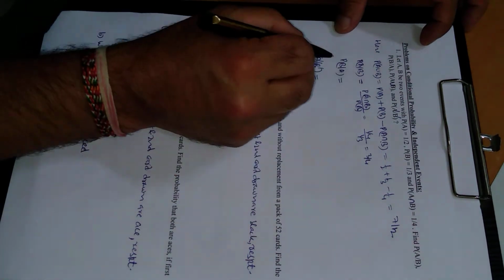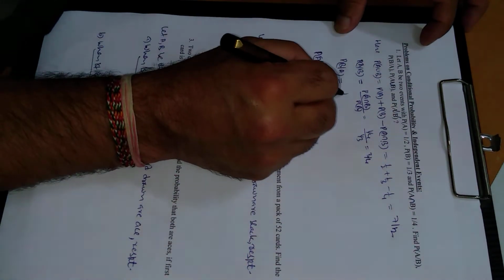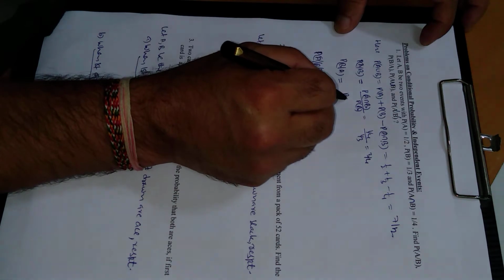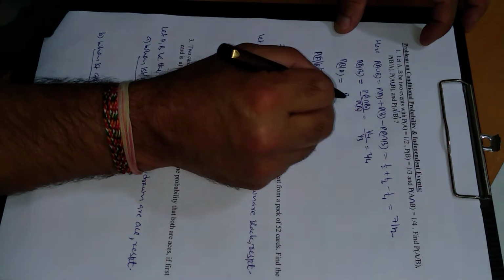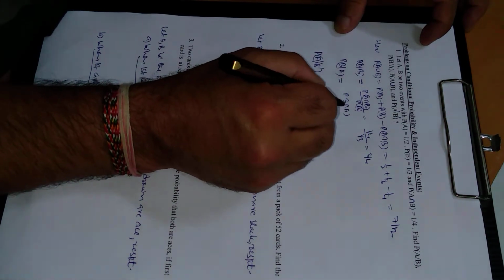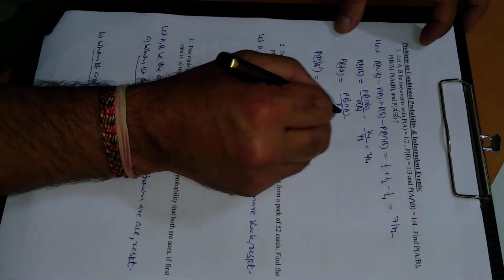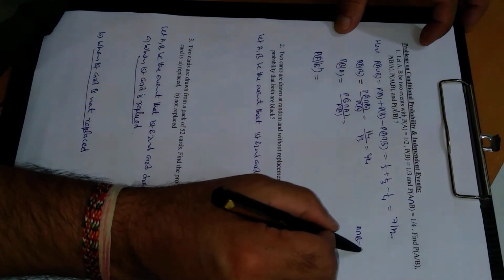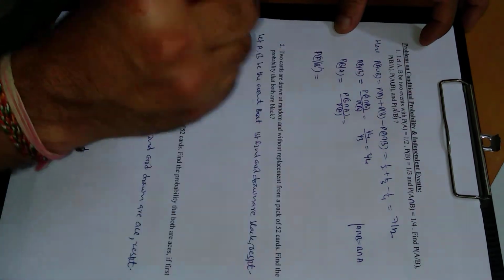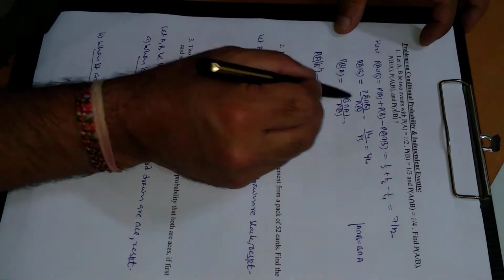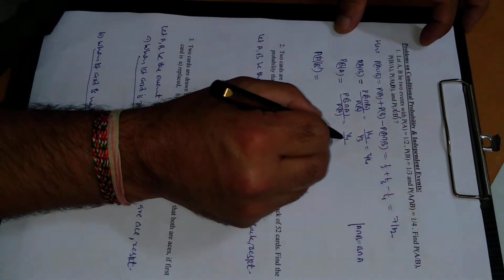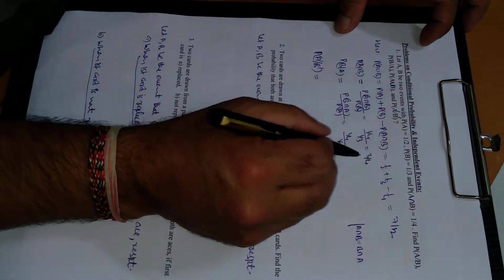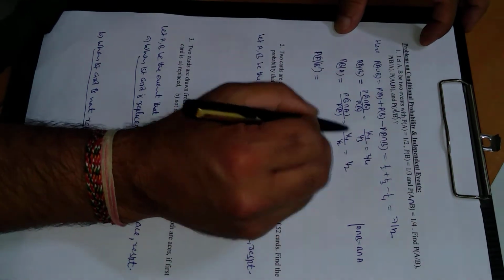Similarly, this is the probability of B when event A has already occurred. Again, by the definition of conditional probability, this is B intersection A divided by probability of A. Now A intersection B is equal to B intersection A, by the commutative property of sets. So these two are equal. So this is again 1 by 4 and the probability of A is given as half. So this will come out to be 1 by 2.